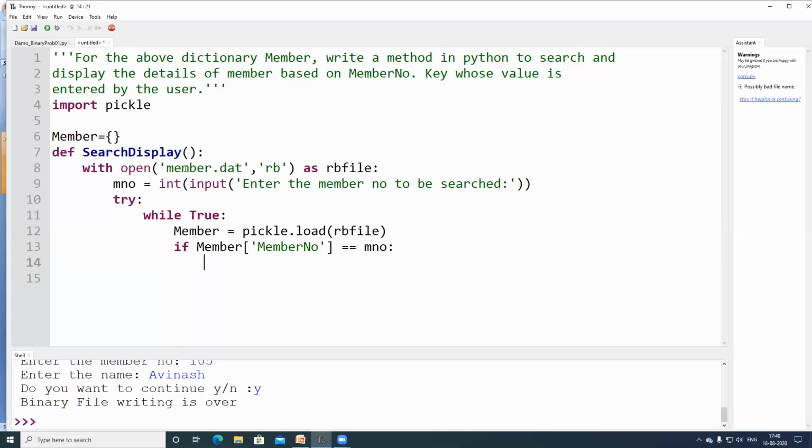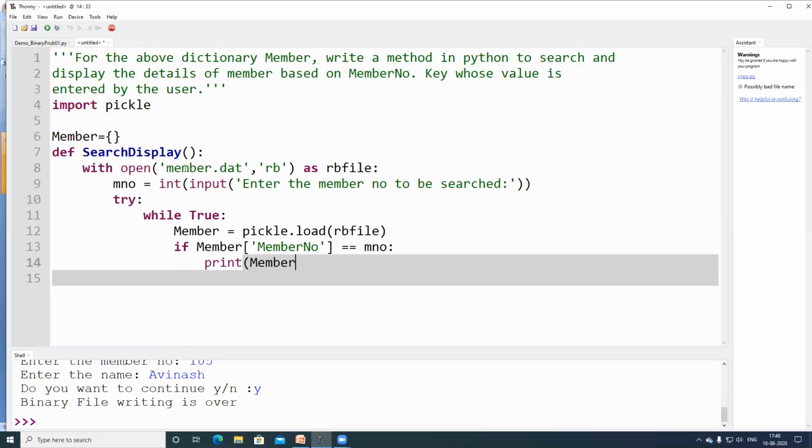I am trying to print the member, which is going to display the member number along with its name. All right. Once this is done, I am coming out of the while loop successfully.